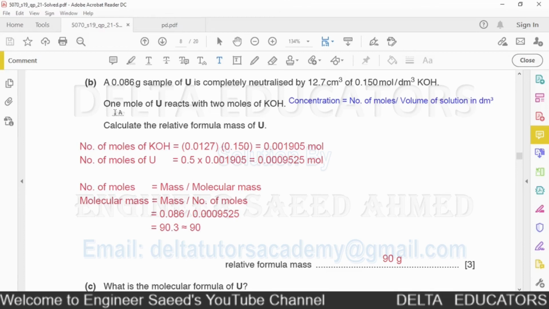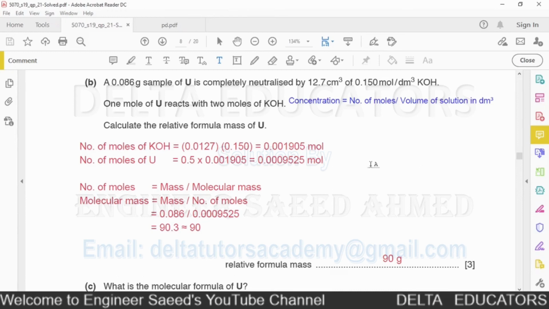Now here from this relation, 1 mole of U reacts with 2 moles of potassium hydroxide. It is clear that number of moles of U is half of number of moles of potassium hydroxide. So number of moles of U will be 0.5 multiplied by number of moles of potassium hydroxide. Now by solving this one, we will get 0.009525 moles. So number of moles of U is